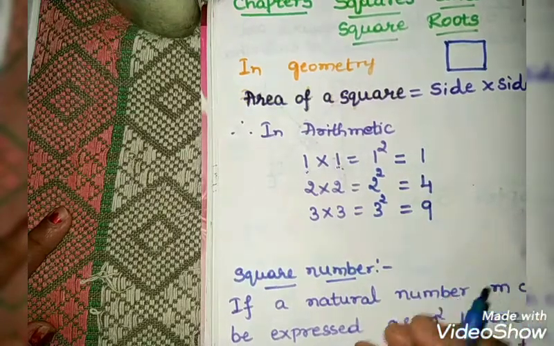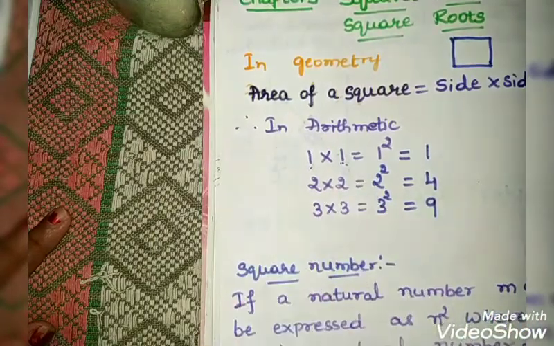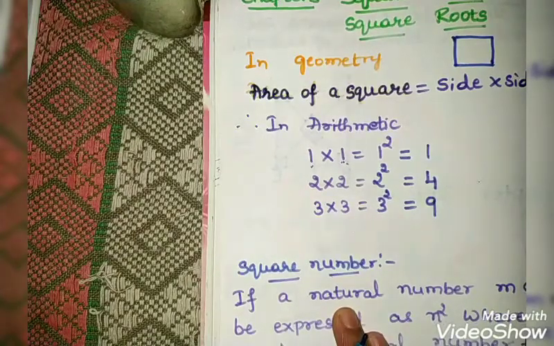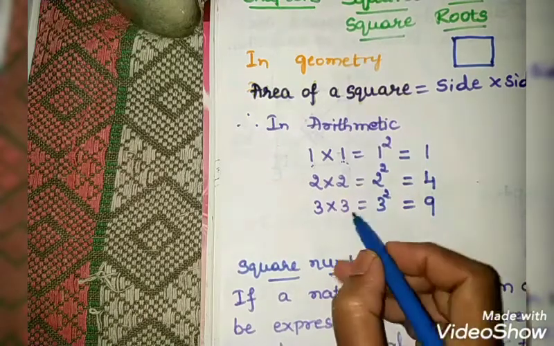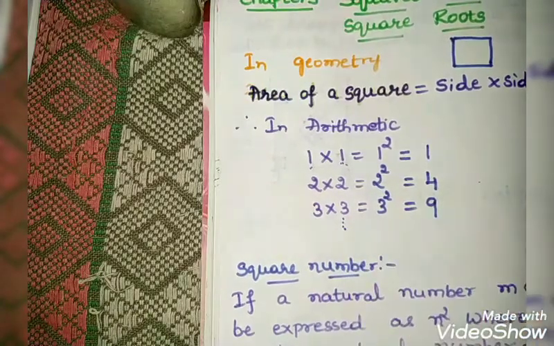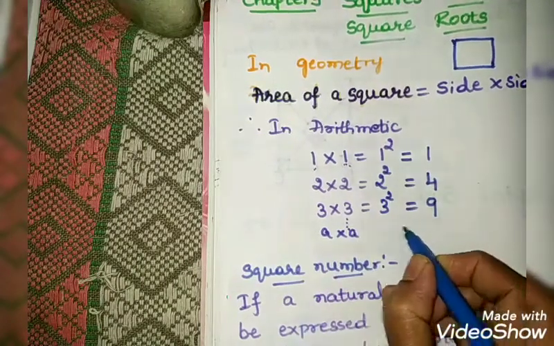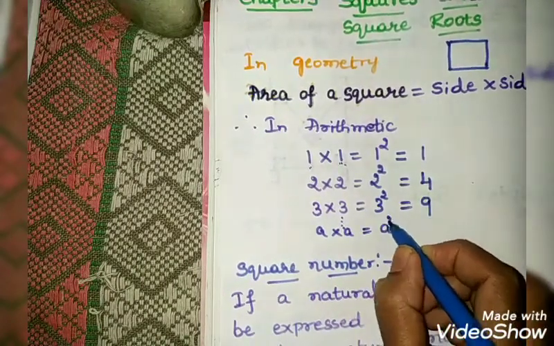While knowing about the exponents also, we studied this. Isn't it, children? If an exponent is 2, then that is read as 2 square. Am I right? Yes. In the same way, if any number is there, for example, a into a means what? It is a square itself.